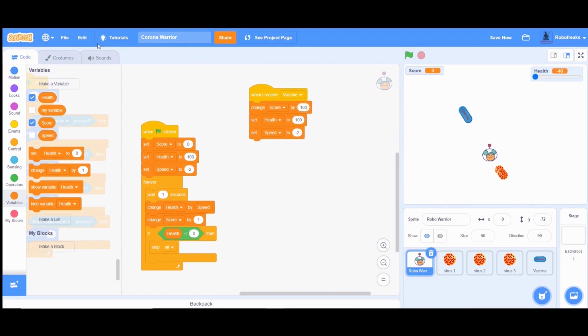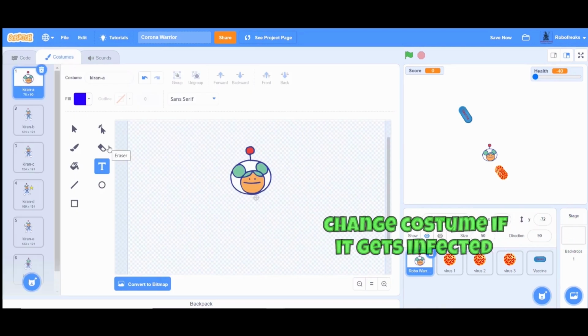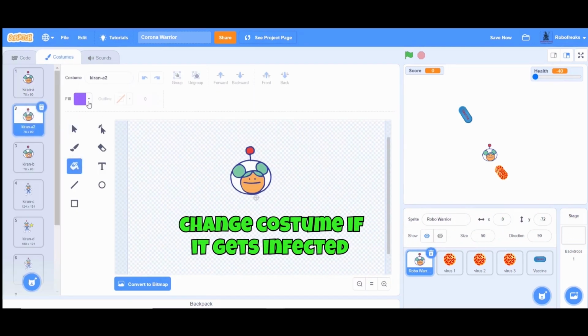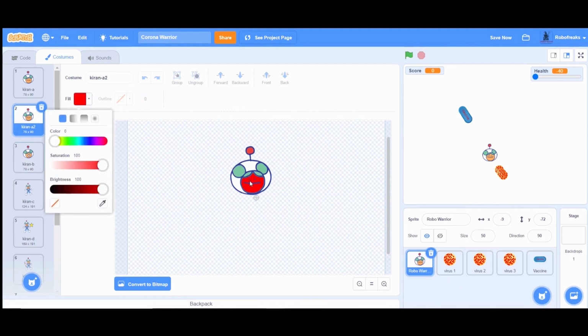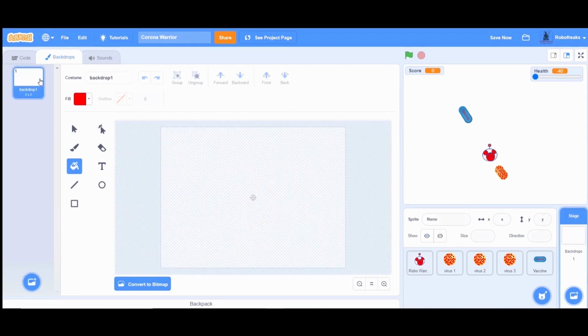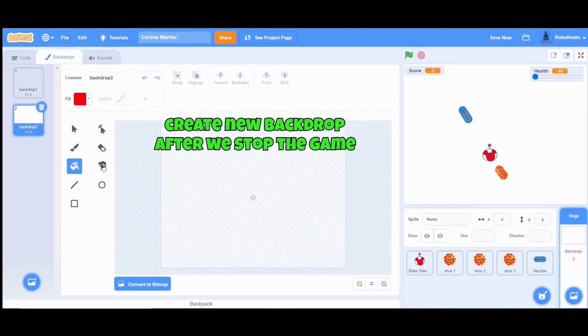To add the finishing touches, I will also prepare a costume to show whether our robot is infected or not. I will create a new background also, which will show a message when we stop the game.